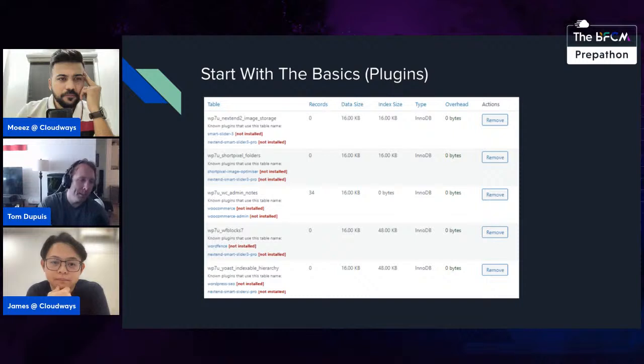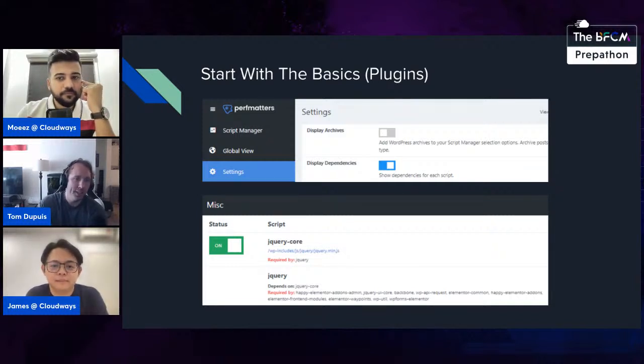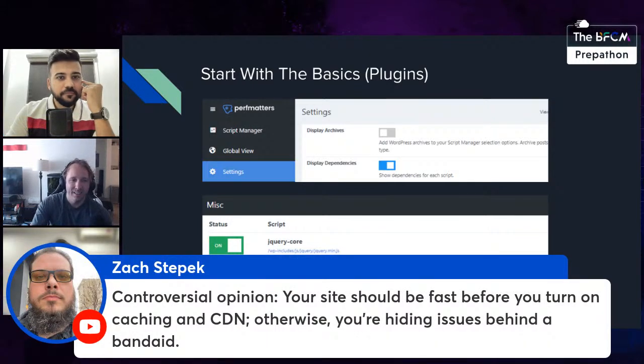This is WP Optimize, which is good for cleaning your database, but it also shows you which plugins are adding a bunch of load to your database, and if you're not using them, you can remove them. This is Perf Matters. In the script manager settings, you can enable display dependencies, and it will show you which plugins are using jQuery, which you should try to avoid. It's hard to avoid all of them, but a lot of times in PageSpeed Insights, you'll see jQuery is causing issues. So by avoiding plugins,